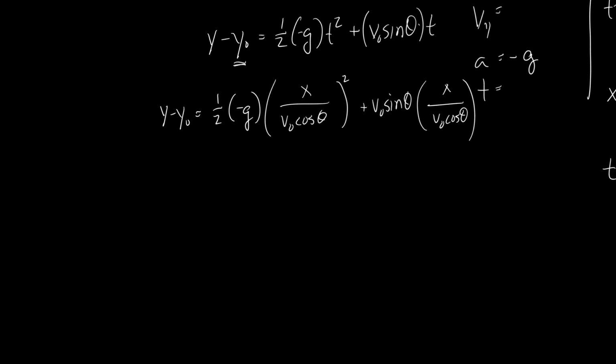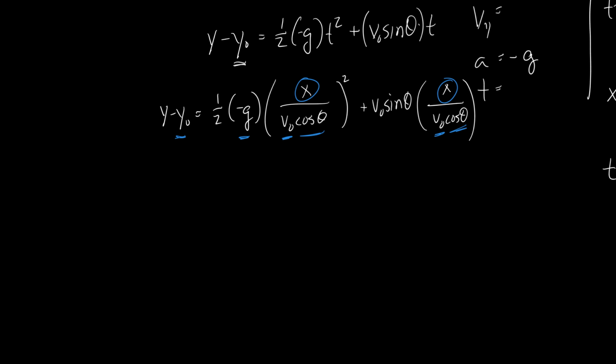Now, there's nothing potentially pretty about this. In fact, it looks hideous all around. Except this v naught is a constant. It's a launch parameter. Cosine theta is a constant. It's a launch parameter. G is a constant. It's a launch parameter. But x is a function. It's where it is horizontally. On the other side, I have a constant, where I launch it from, and the other function variable, which is how high it is. So what I want to do is rewrite this, but I want to collect all the